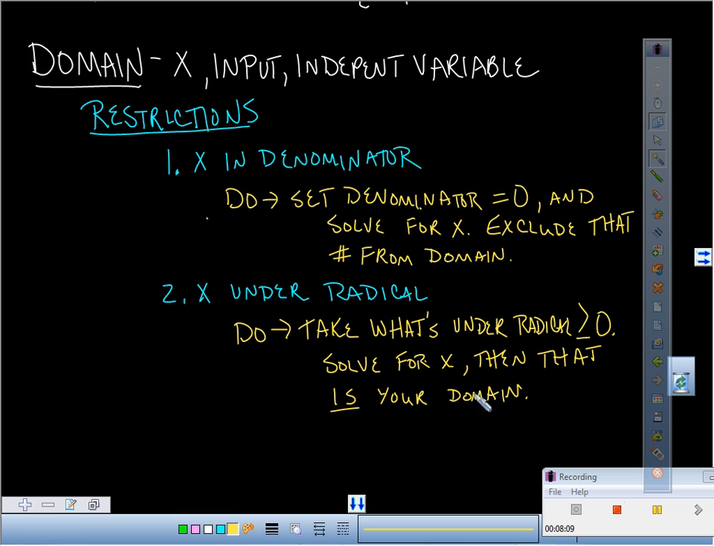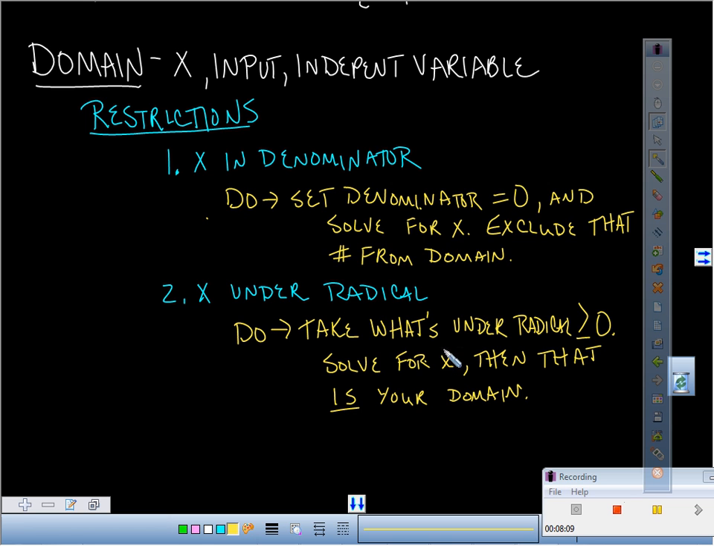Okay? All right, so here are the rules, guys. I'm going to say, what's the domain? What is the first thing you're going to think? Restrictions. How many restrictions do we have? Two restrictions, okay? So I'm going to give you an equation, and I'm going to say, what's the domain of